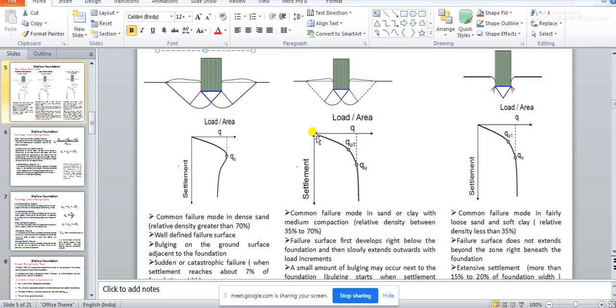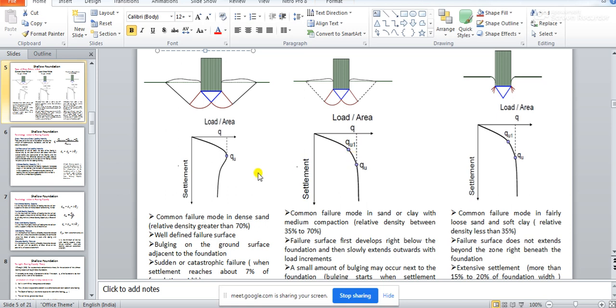So the foundation will be settling. It will come to some point here, and beyond that also, if you increase the load divided by area, the soil will be able to take up more settlement, or the foundation will be